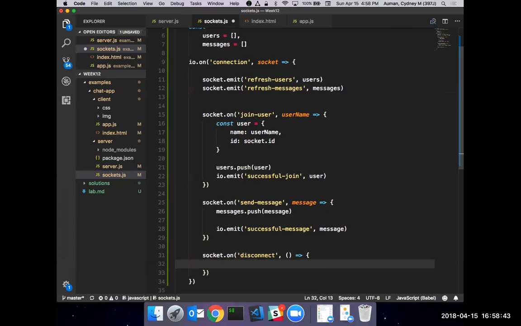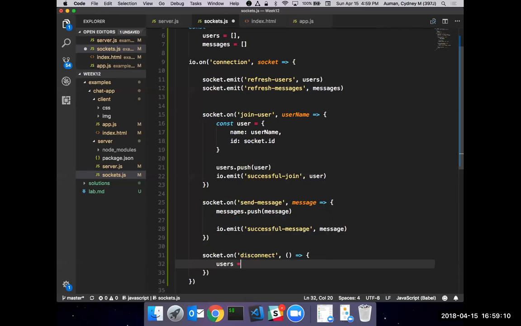We know somebody's disconnecting. And the great part about this is, every time a connection is made, you get a socket ID, right? You get this unique identifier. So on the disconnect event, I don't need my front end to pass over who you are, because I already have your unique socket ID every time you're sending messages, everything you're doing. I know who you are because I have your unique socket ID.